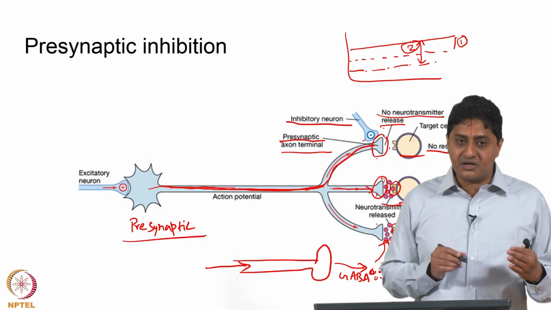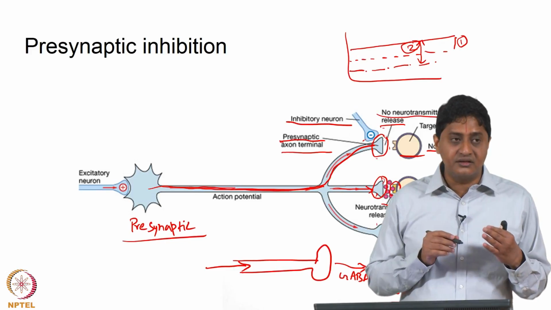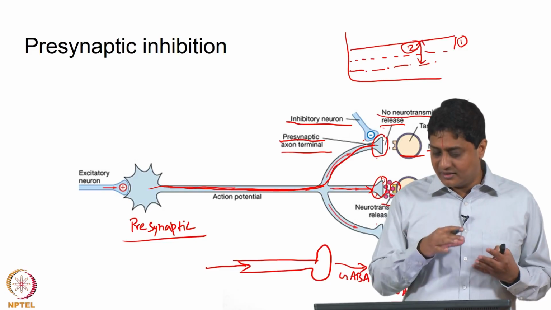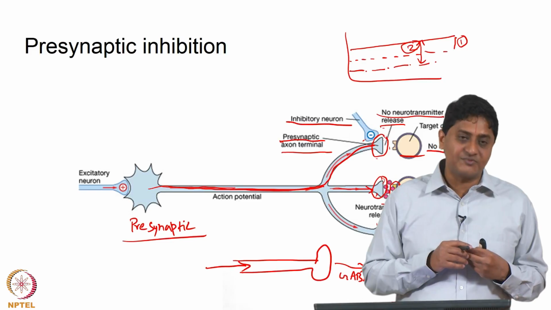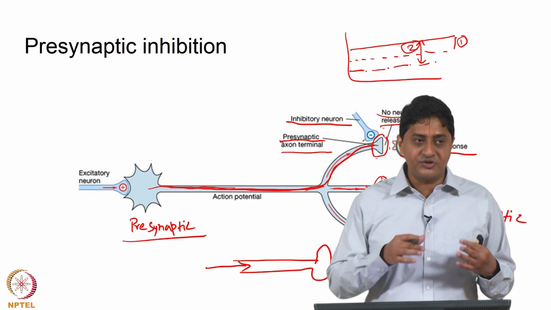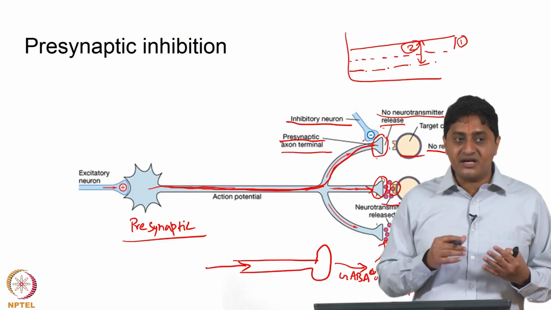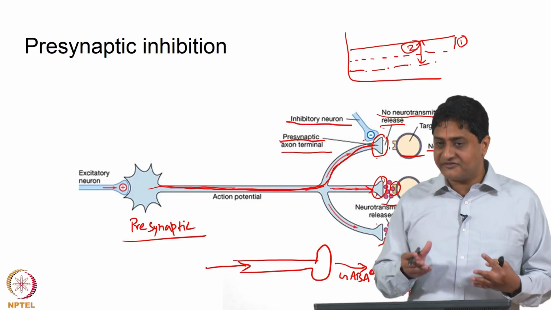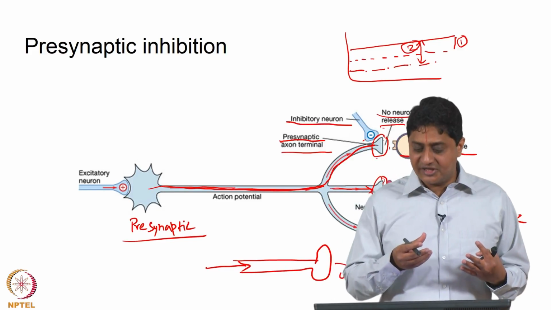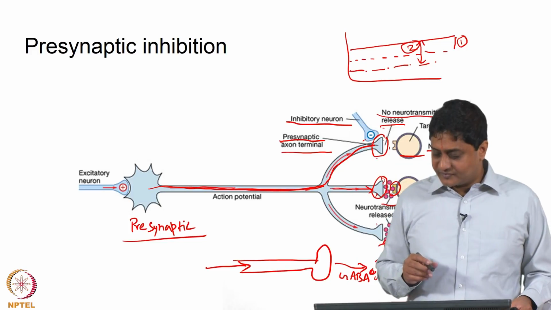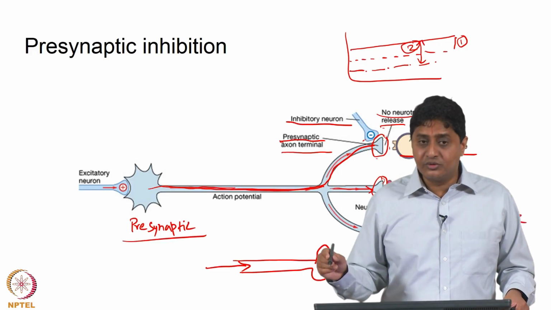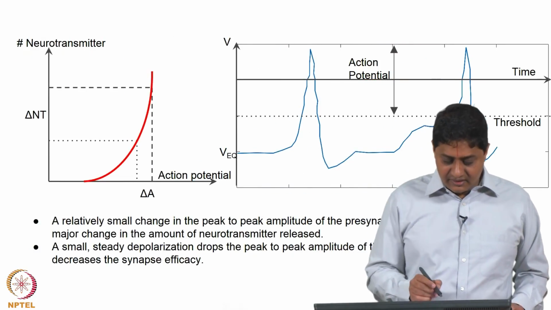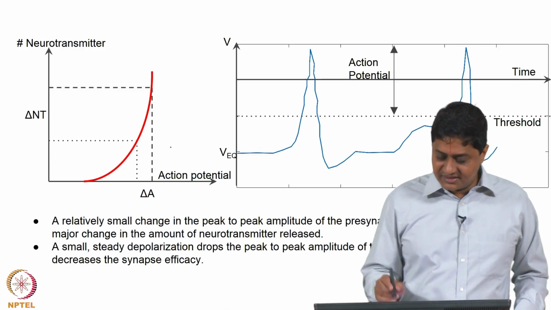Presynaptic inhibition is caused due to excitation at the synaptic end bulb, ensuring that the calcium difference remains relatively small and no neurotransmitter or a very small amount of neurotransmitter is released, causing an inhibition. Postsynaptic inhibition is that case in which a neurotransmitter that is inhibitory in nature is released into the synaptic cleft, reducing the probability that the excitable cell is going to go to threshold and produce an action potential. So, again the difference is discussed here.